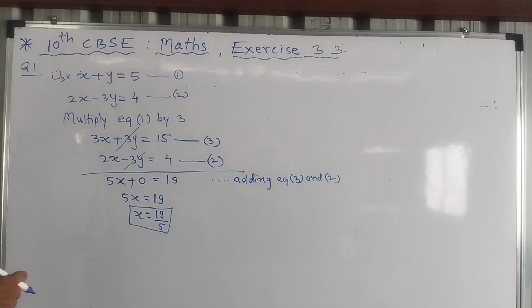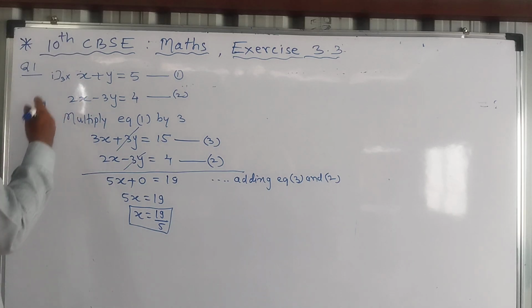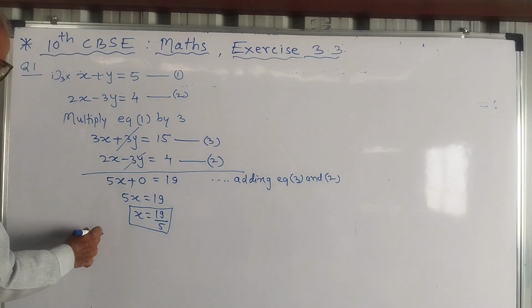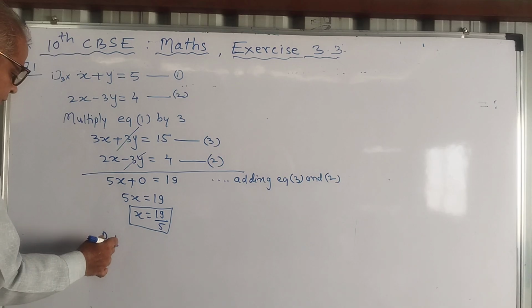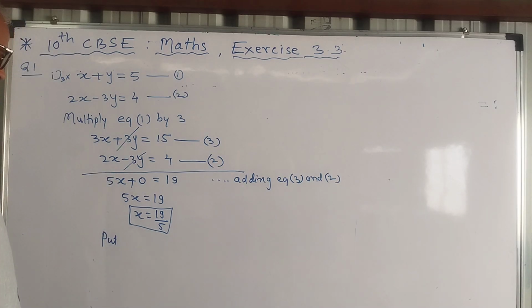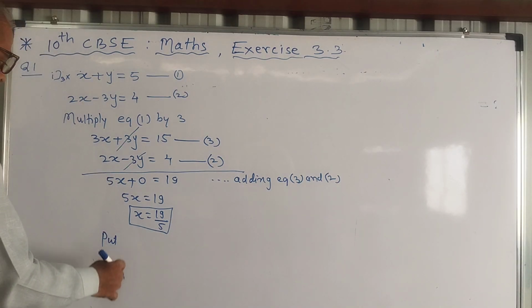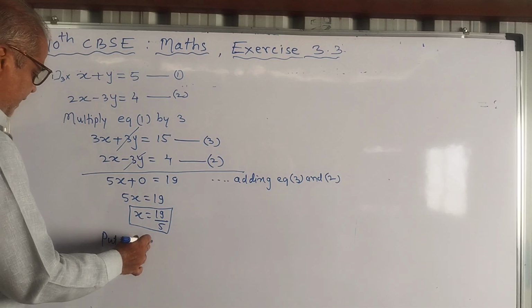Substitute this value in equation 1 or 2. Equation 1 is simple. The next steps are the same, and all the remaining part is the same as the previous method. So put x is equals to 19 upon 5